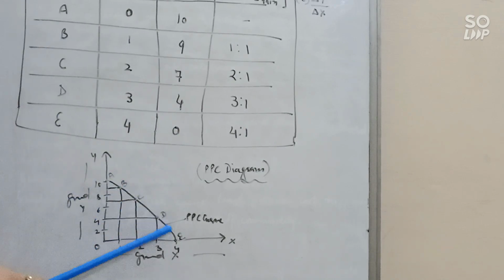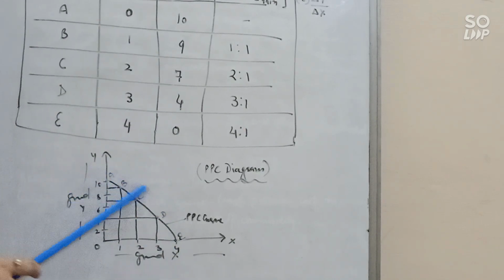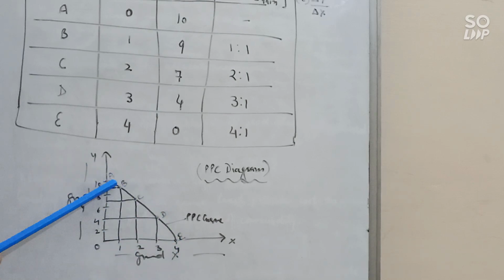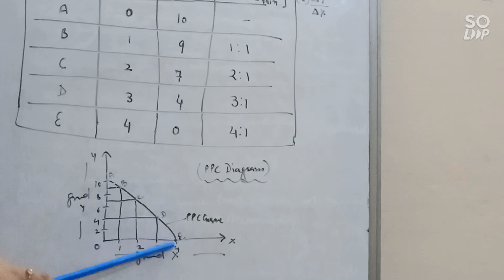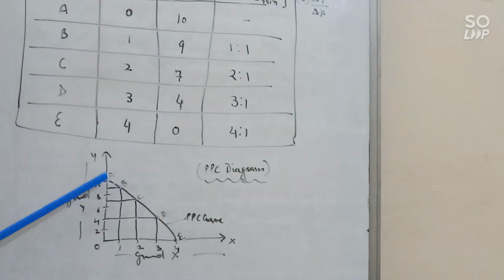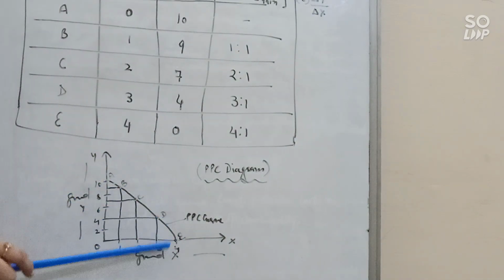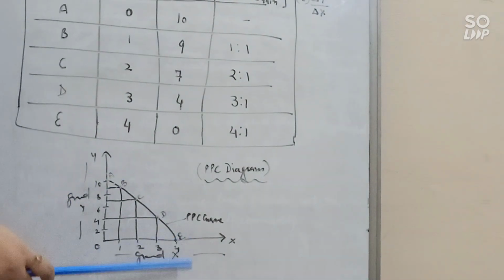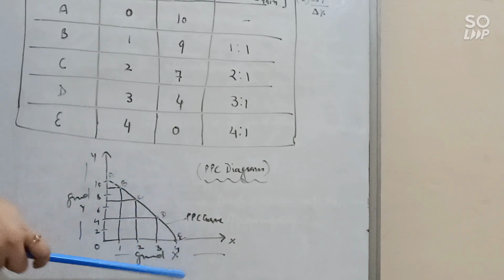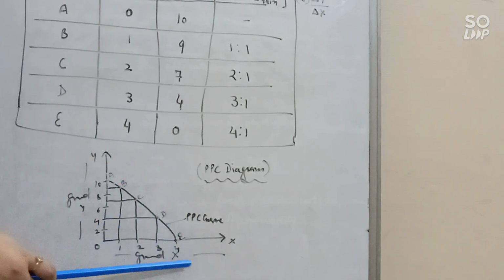So when you join all these points, we have the PPC curve. PPC curve is a curve which shows different combinations of two goods that an economy can produce with the given resources and technology. Clear? So we can see that PPC slopes downward and it is concave from the point of origin. Clear? So these 2 points are very important. You may get a 1 mark question, 2 mark question and even a 4 mark question. So these are 2 properties of PPC, that it is concave from the point of origin and it slopes downward.